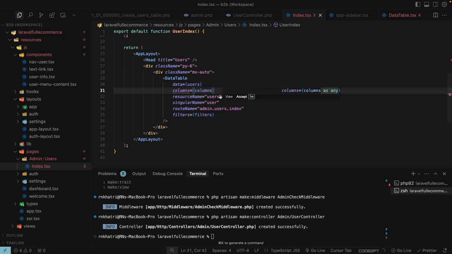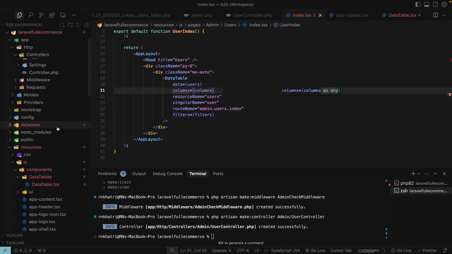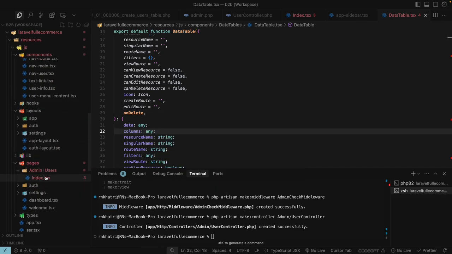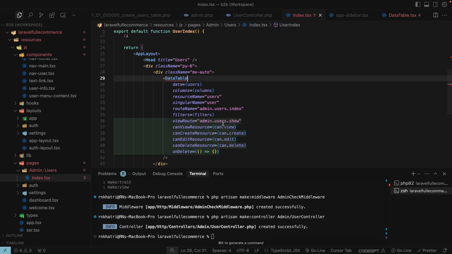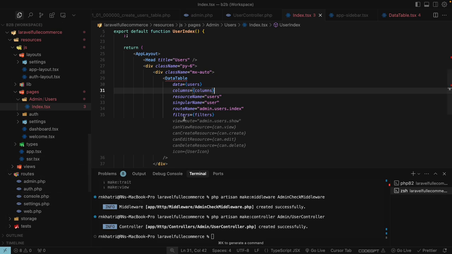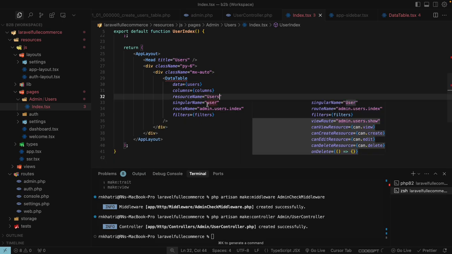What is the column type? Any, we have to define. Let's see, I get any. Okay, then wait, what we have to pass here: data, then column, then resource name users. Okay, users, single name